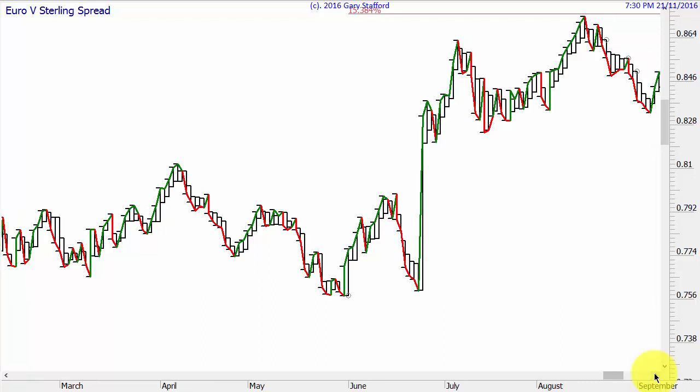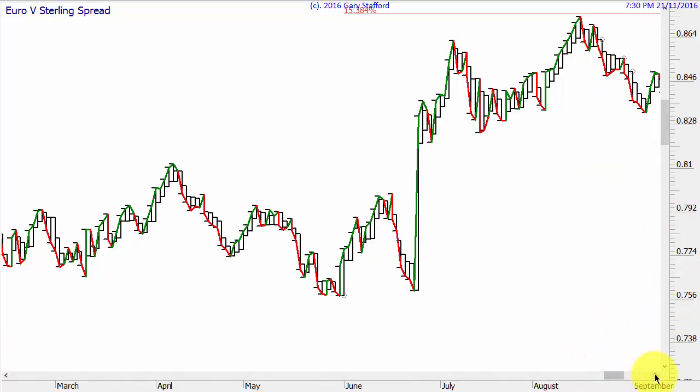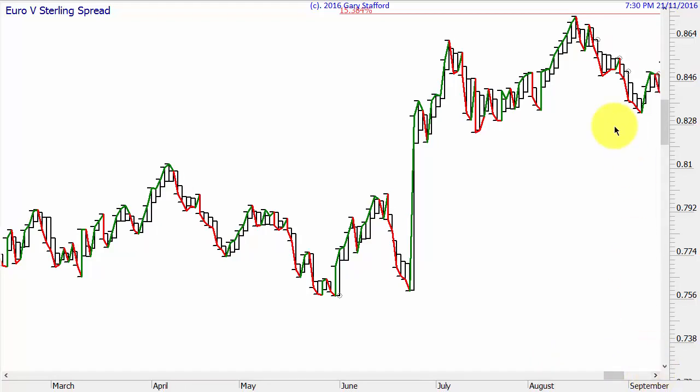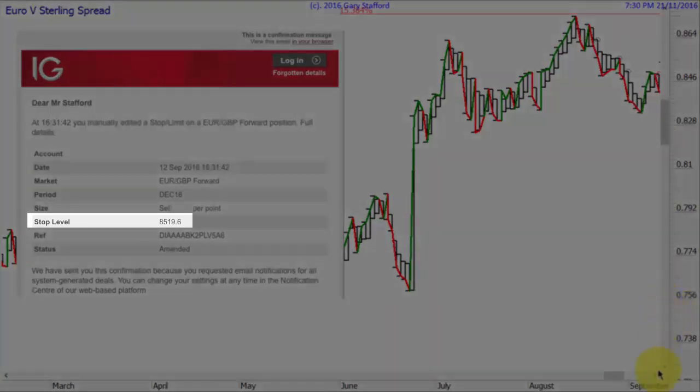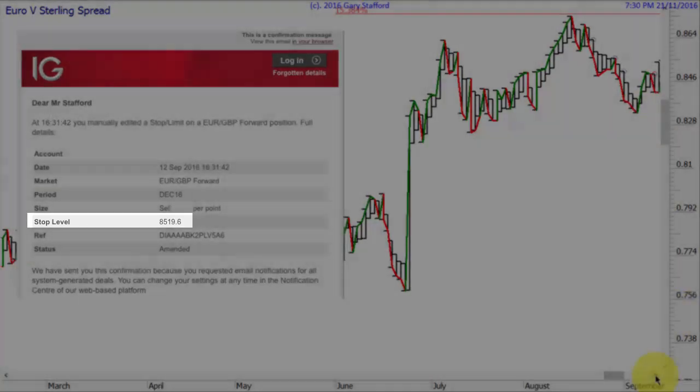Then it goes shooting up. Now if you're watching intraday prices, you'd now be panicking out of your trade, seeing all your profits disappearing, but my stop loss is there, and that's where it's going to stay unless I have a reason to move it. The next day we have an inside day, and then we go down, and I move my stop loss above that top, and the next day I got stop lossed out.